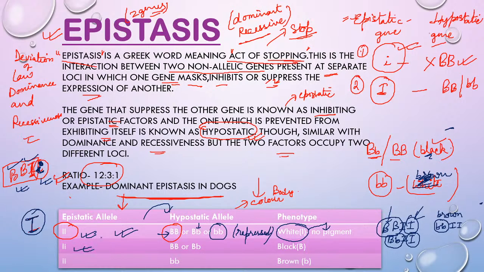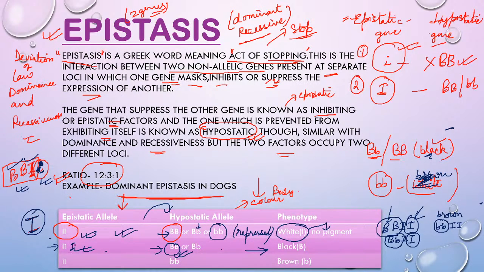देखिए यहाँ पे एपिस्टेटिक एलील में कैपिटल I और स्मॉल i प्रेजेंट है, तो सपोज अगर एपिस्टेटिक एलील हेट्रोजाइगस कंडीशन हुआ तो क्या होगा? तब भी एक्सप्रेस नहीं कर पाएगा, क्योंकि यहाँ पे भी कैपिटल I वाला जीन प्रेजेंट है, और अल्टीमेटली ये ब्लैक कलर आएगा। ठीक है, यहाँ पे डोमिनेंट वाला था, पूरी तरीके से होमोजाइगस डोमिनेंट नहीं है, दो I जीन प्रेजेंट नहीं है, इसलिए थोड़ा बहुत एक्सप्रेस कर पा रहा है, इसीलिए ब्लैक कलर का बन जाएगा। ठीक है, तो तब ये कलर अपने आप को एक्सप्रेस कर पाएगा।